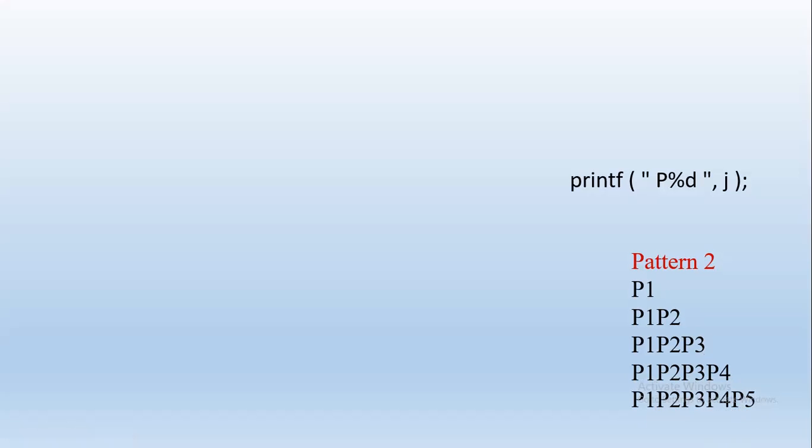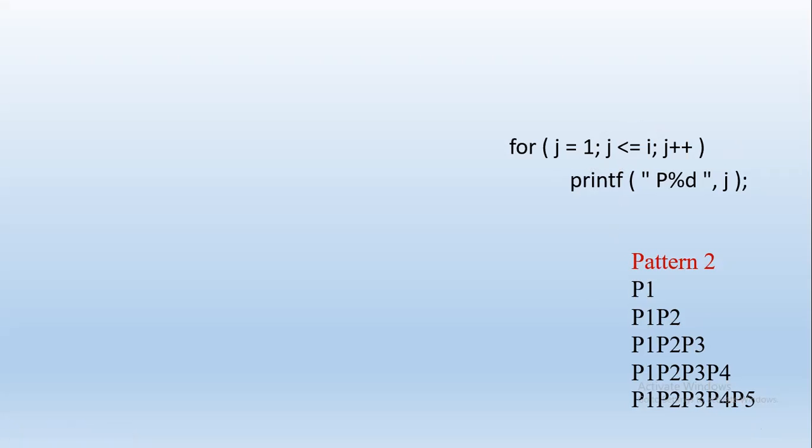So here we have decided the condition based on the pattern. The value of J depends on the value of I. The values here are dependent on which row it is, right? So J less than equal to I is the condition. So that is what we see here. J starts from 1, but the condition is J less than equal to I. That is due to the pattern wherein each row has the values dependent on I.